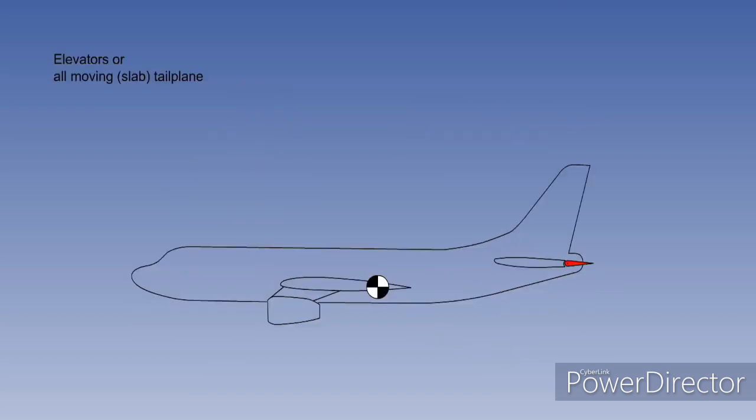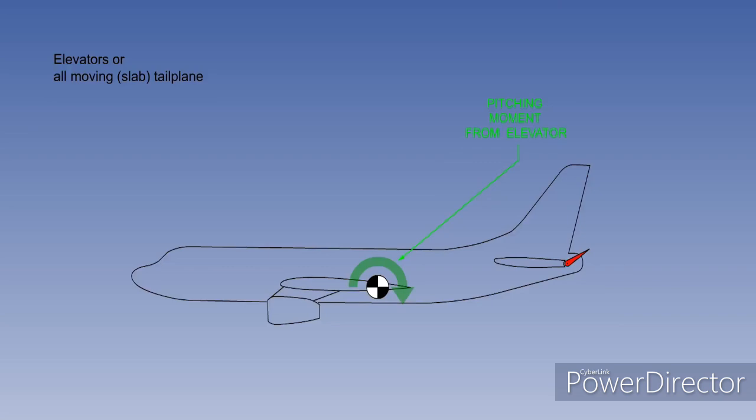Control in pitch is usually achieved with an elevator or, on a few light aircraft, by an all-moving slab tailplane. This entire sequence is simplified for clarity, and we will ignore the effect of any change in IAS. Consider an aircraft in equilibrium at a steady speed with the elevator neutral. If the elevator is deflected up, the tailplane will develop an increased down force that will begin to pitch the